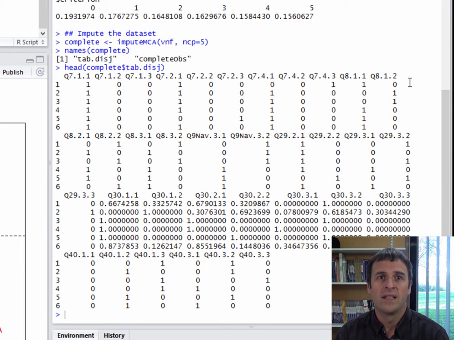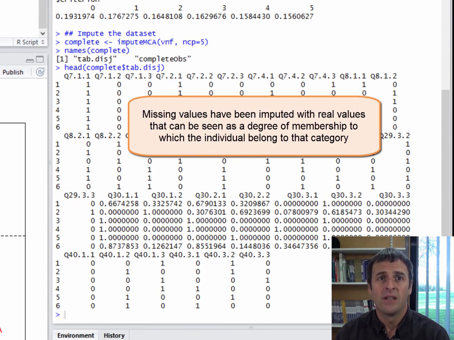So we get this disjunctive table, and in each column, we have the value 0 or 1. 0 if the category is not taken, and 1 if it is. That's for the observed data. As for the data that were missing, they have been imputed, but not with zeros and ones, but with real values which can be interpreted as the degree to which the individual belongs to that category.